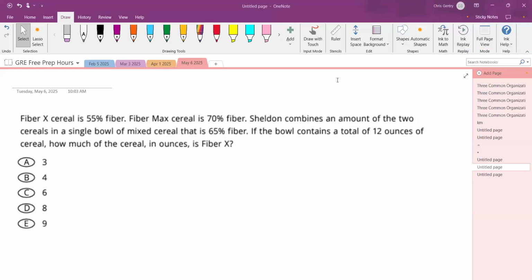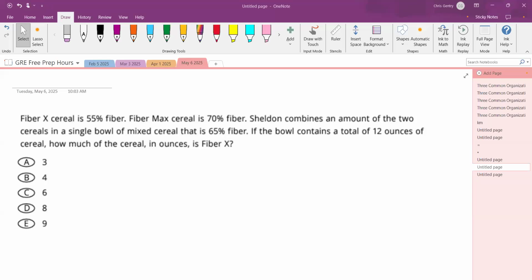Hello, can you hear me? Yes. All right, hey, how you doing? Can you elaborate on what you mean when you say trying to see what to isolate? Yeah, so I'm looking at the percentages that are there, and then also I'm looking at how it says the combined total is 12 ounces. So I'm trying to figure out, okay, do I need to now see what percentage equals 12 ounces, if that makes sense? Mm-hmm. Looking at each of the bowls,